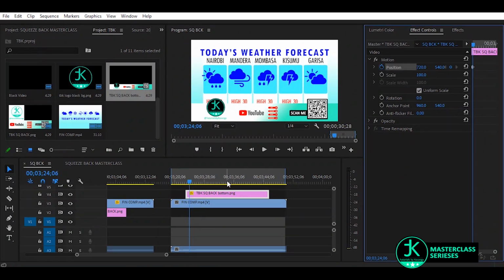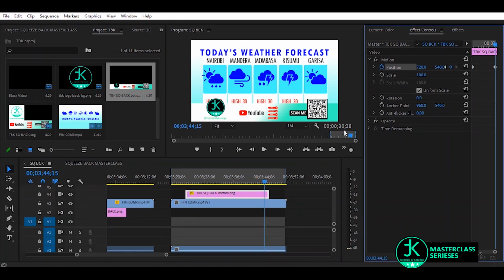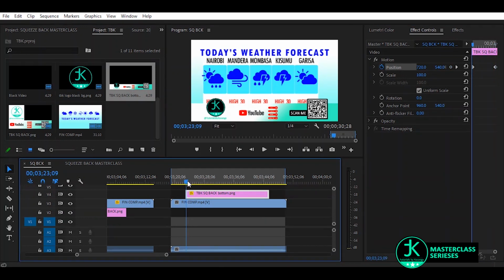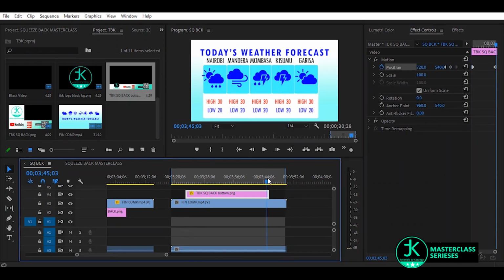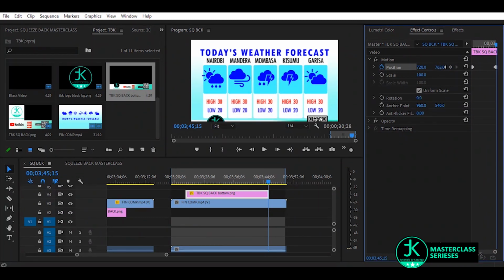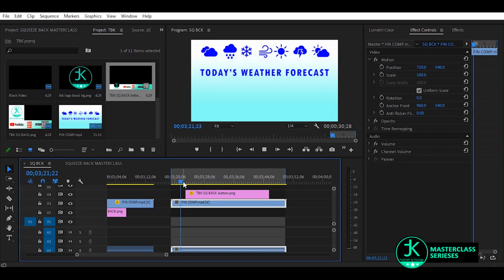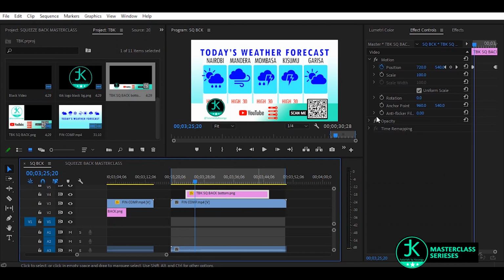So you start with creating keyframes, but now on this one you're creating the keyframe on the Squeezeback image itself and also on the video. Since both of them will have to move, let us start with the Squeezeback. As you can see, we've initiated one that it slides in. After it has slid in,